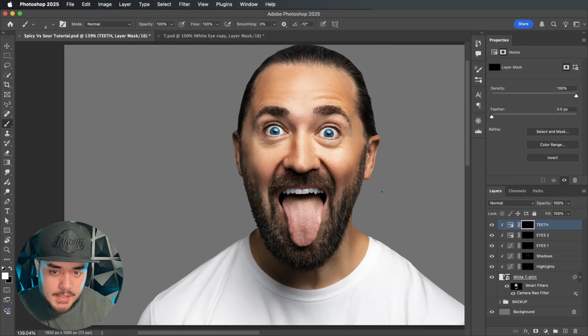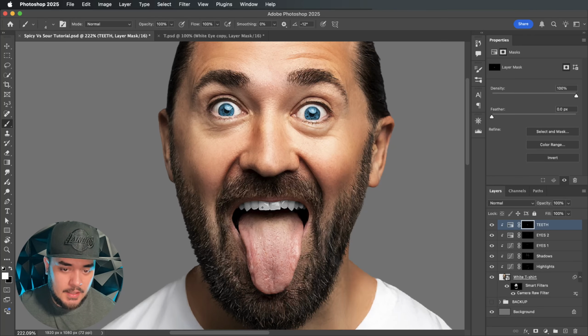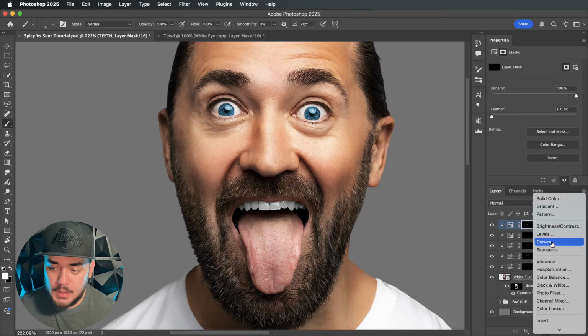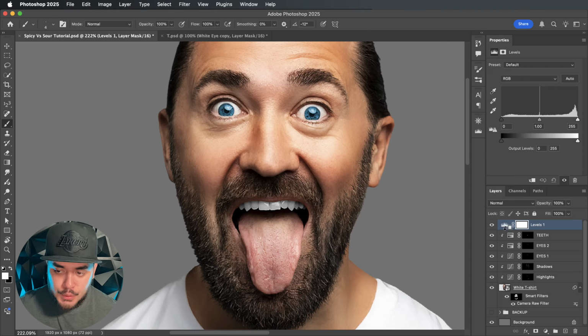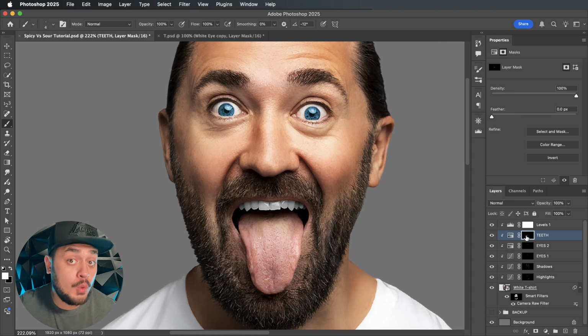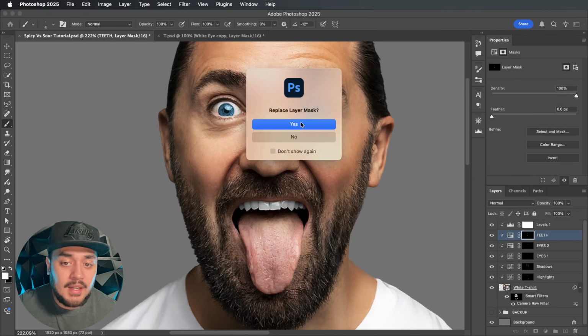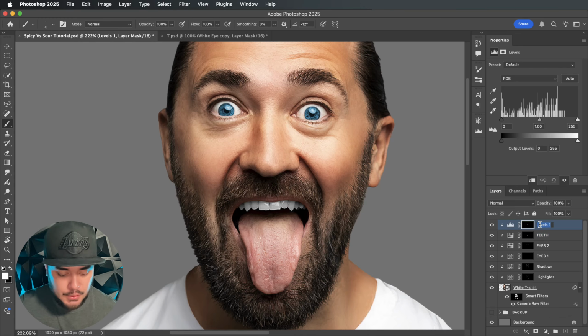Now we're not done yet. So we just desaturated the teeth, but now let's add a levels adjustment layer to this just to enhance the brightness. So what I'll do is create a levels adjustment layer. Let's clip it to this subject, and I'm now going to take the layer mask for the teeth layer and duplicate that into our levels adjustment layer. So press Alt or Option and drag in like so, click yes, and now let's rename this to Teeth 2,